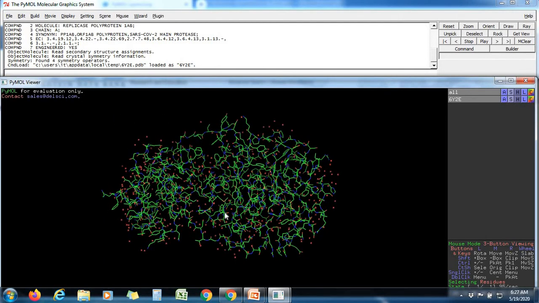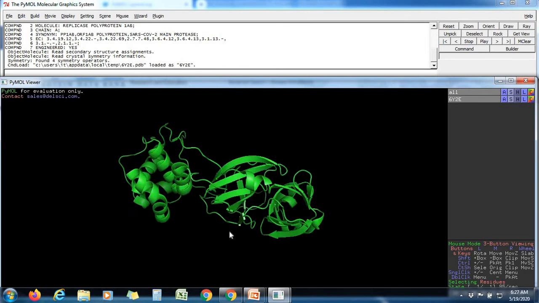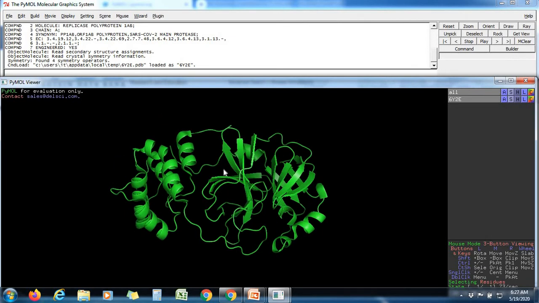Now if you see this one, we can do more things in this. If you want to change that into a different representation of the protein, you come to the right side, where you have the five things here: A for action, S for show, H for highlight, L for label, C for color. In the action first, in the hide first hide everything, then show as cartoon. So this is the structure of the same protein but in a different way. This is what we normally see in the textbooks also.